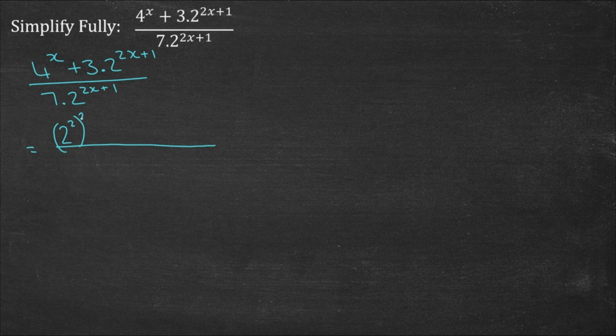Now, this 2 to the power of 2x plus 1. Have a look. Our exponent law says if I'm multiplying and my bases are the same, then you keep your base and you add your exponents. Now, do you see that this part looks like this term? So what we are going to do is to do a reverse action. So I'm going to go from this to this. Okay, so I'm going to write 2 as my base, and I'm just going to write 2x. I'm going to multiply, write my base again, and then the other exponent, the plus 1.